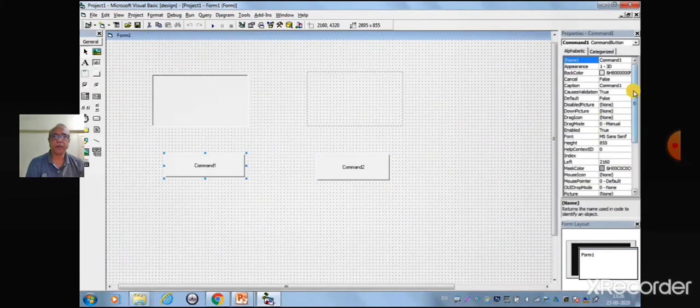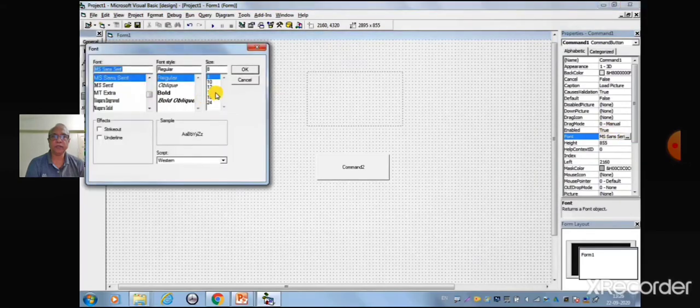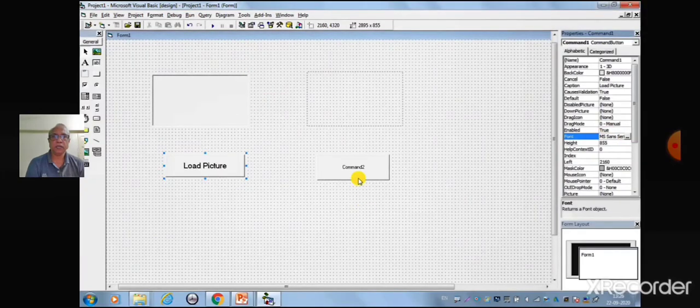Select the first command button, change the caption to Load Picture, change the font size to 14. Similarly, select the second command button, change the caption to Load Image and change the font size to 14.